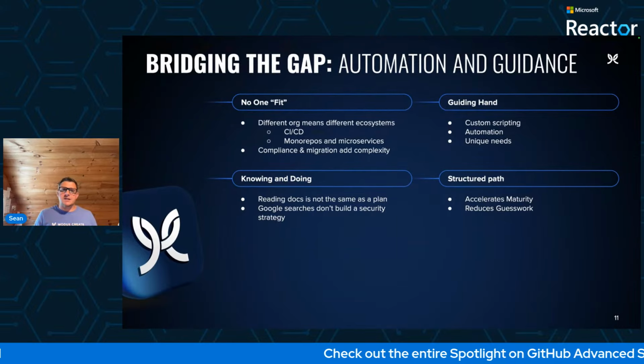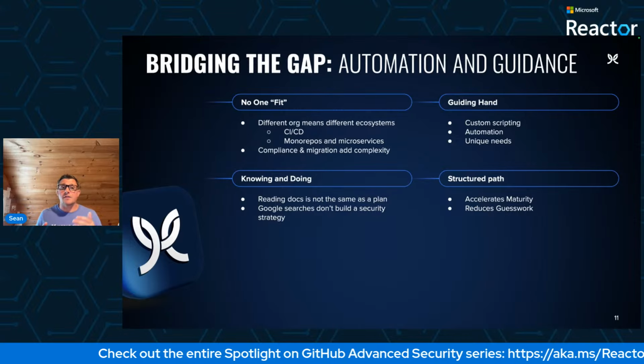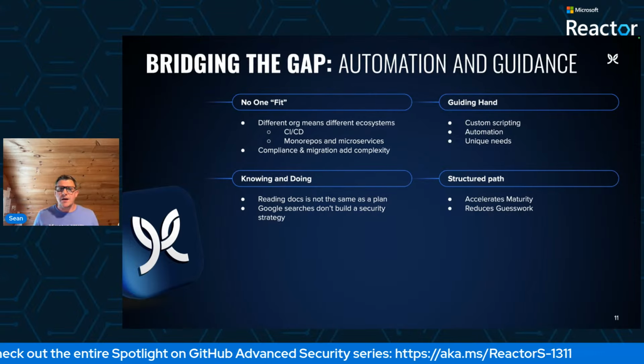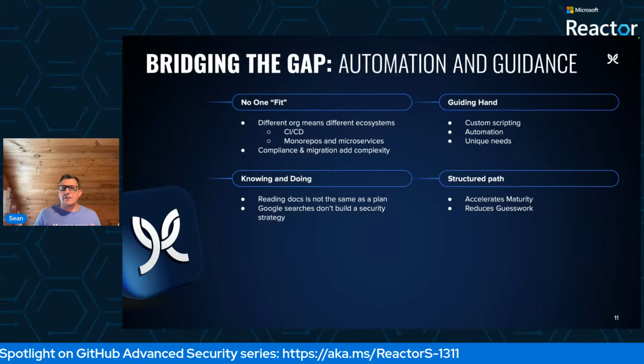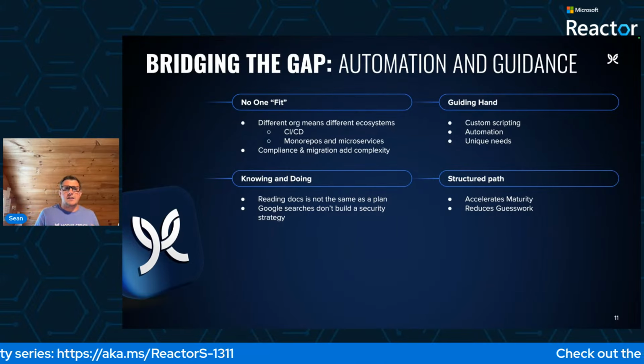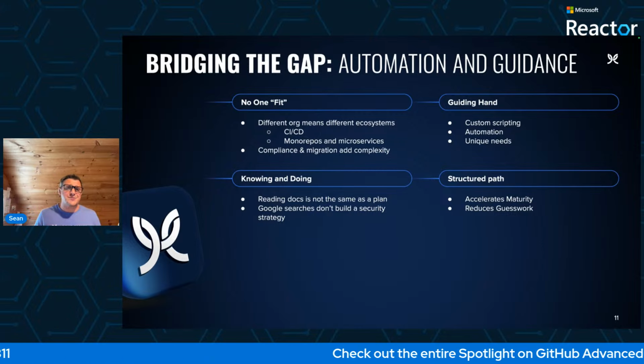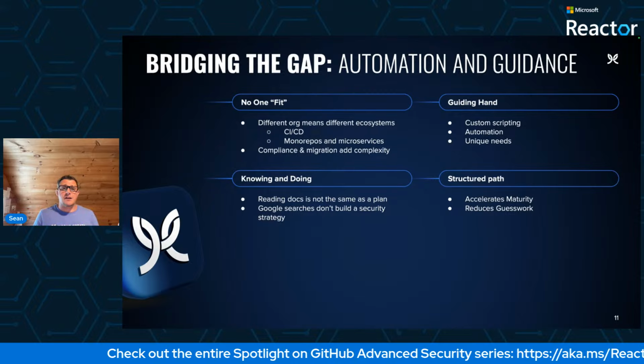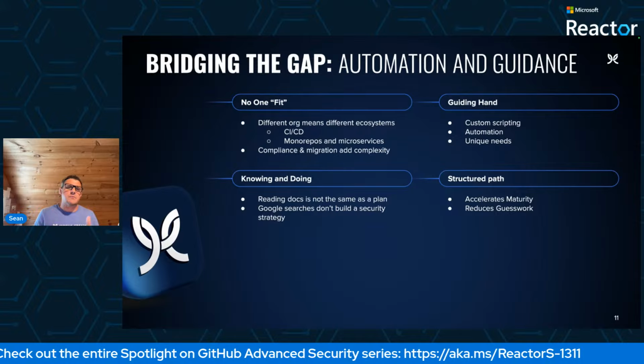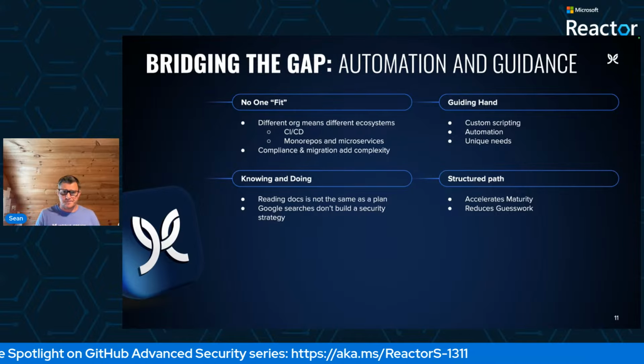Now, every organization approaches code deployment differently. Some rely on Jenkins or BuildKite, while others are using GitHub Actions. Many operate with monorepos, microservices, or a mix of both, each bringing its own set of challenges for security and governance. Layer on regulatory requirements, industry compliance frameworks, the possible complexity of recent on-prem to cloud migrations, and the landscape becomes even more difficult to navigate.